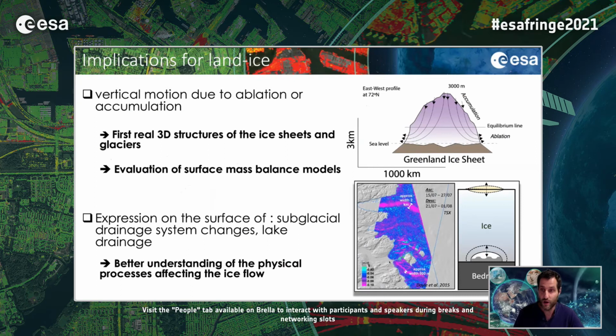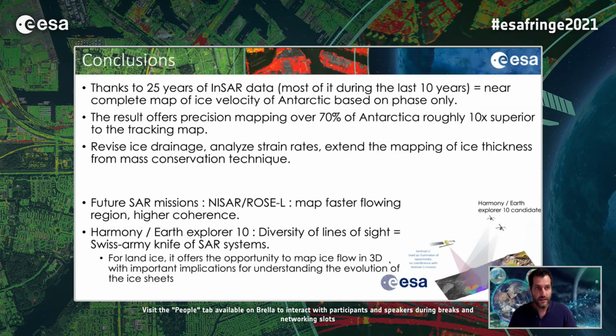This will obviously help a lot for many applications. So you could evaluate more precisely the surface mass balance, because emergence velocity should be in a steady state with local surface mass balance, but also processes that are happening below the ice, linked to the subglacial water system, for example. And here's my conclusion, and I stop here